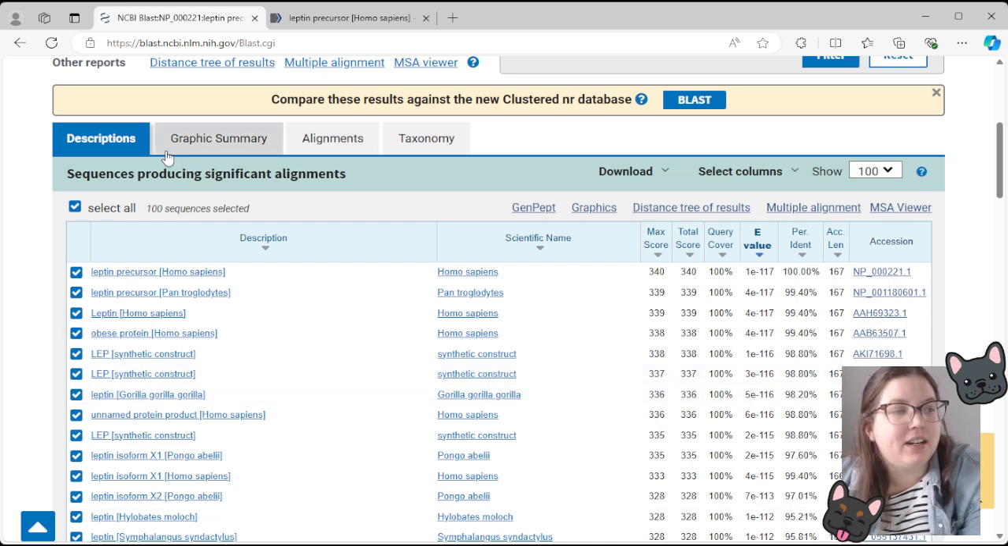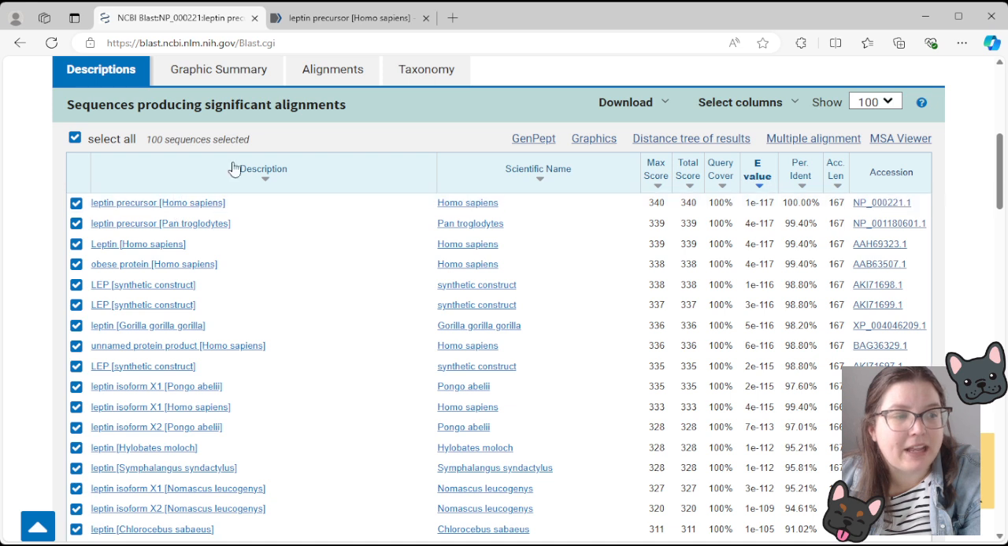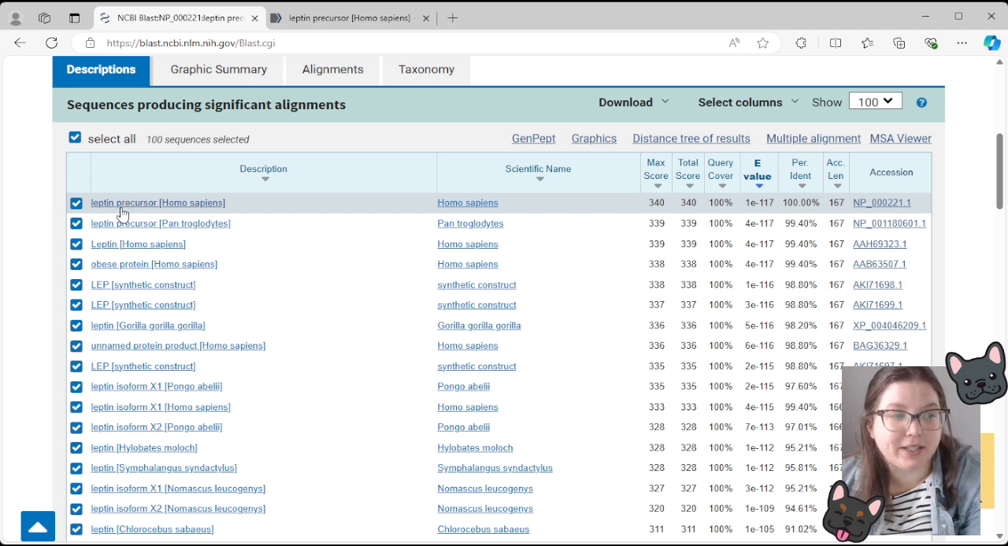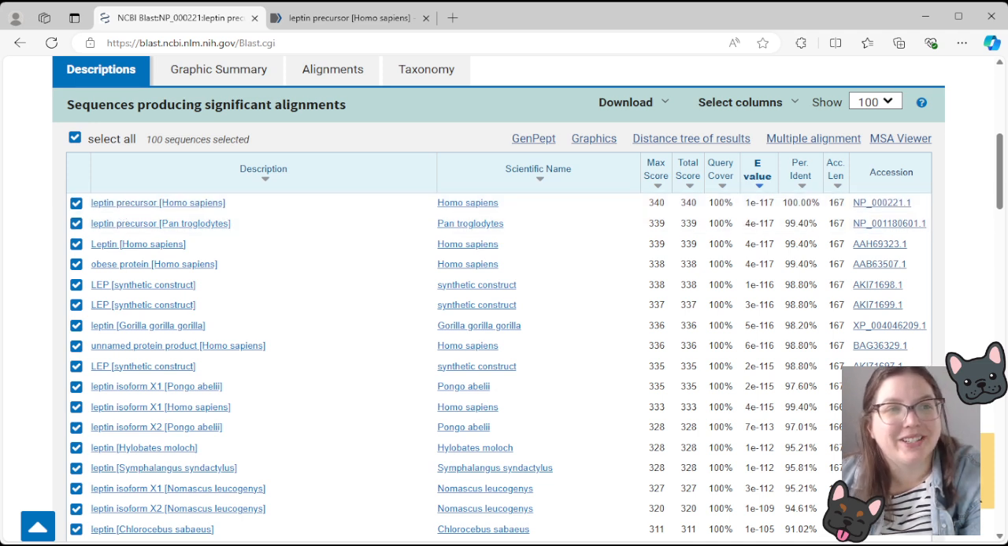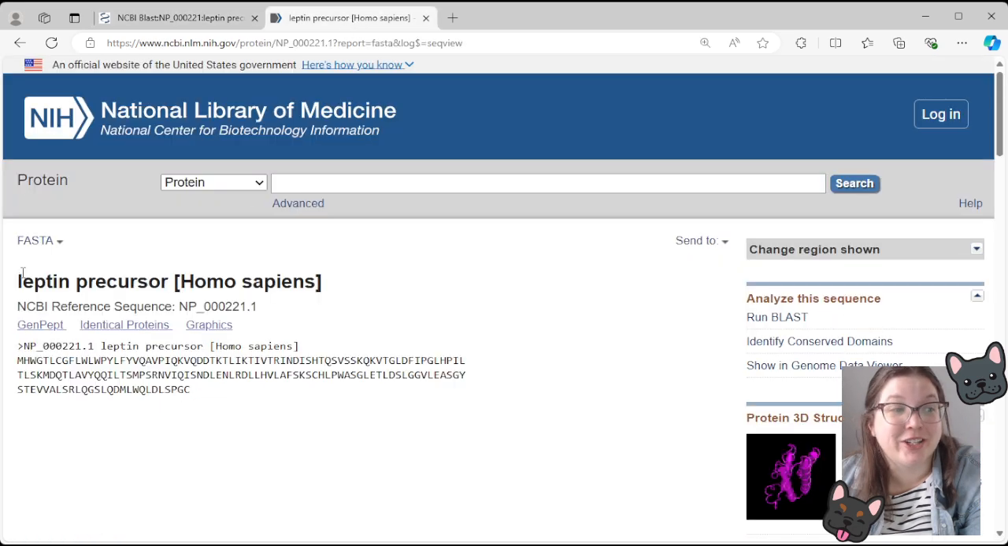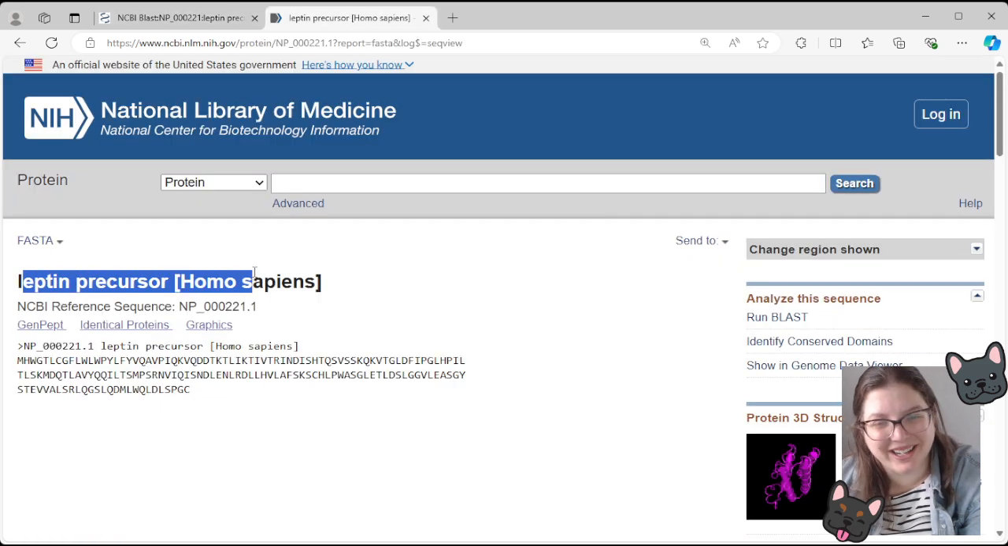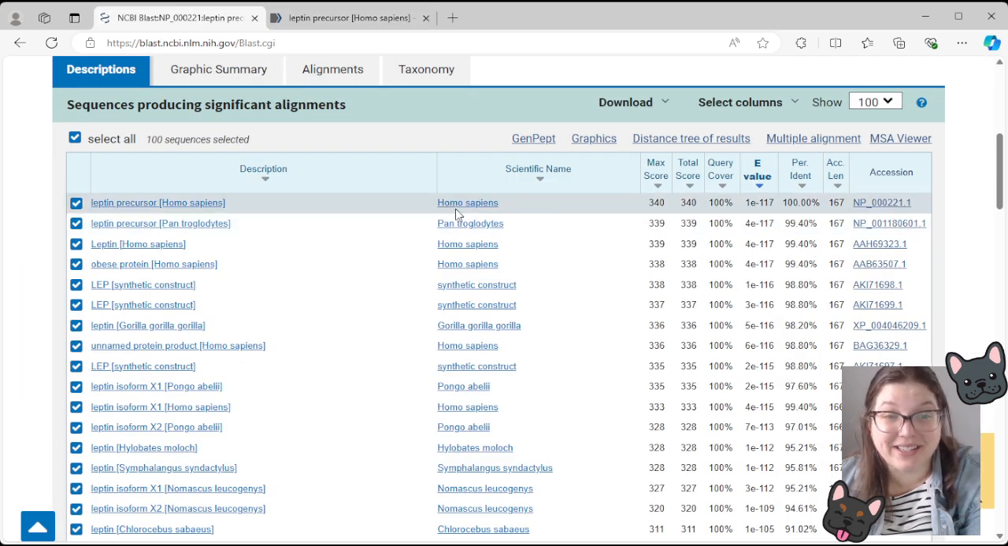So we'll see here, there's different tabs that we can click on. We're going to start here with just the descriptions tab. The descriptions tab is going to be sorted by the hit that they think it's most similar to. In this case, they think our sequence is most similar to this leptin precursor from Homo sapiens, which, if we go back to the NCBI page, we actually did submit a sequence for the leptin precursor to Homo sapiens. So it actually found the sequence that we submitted,